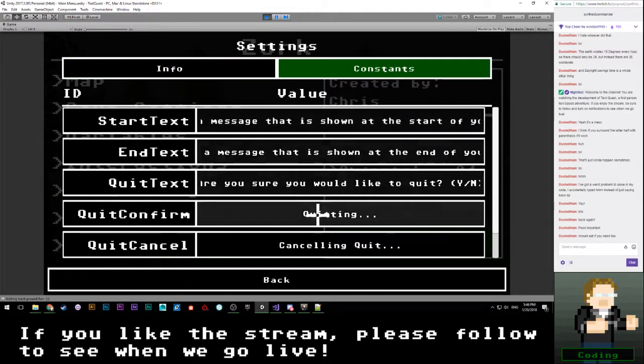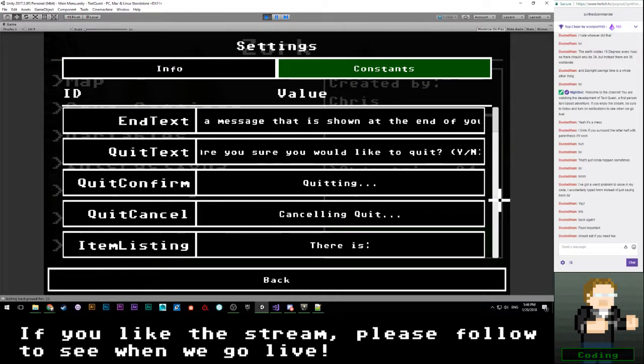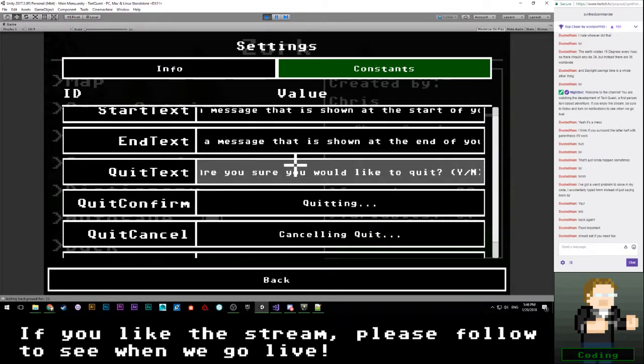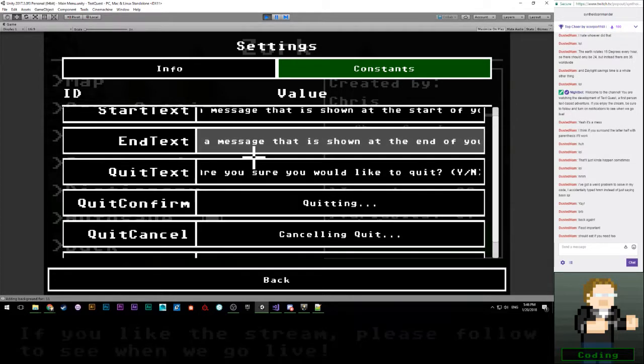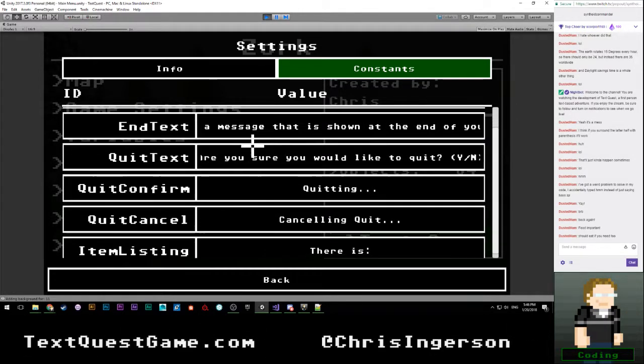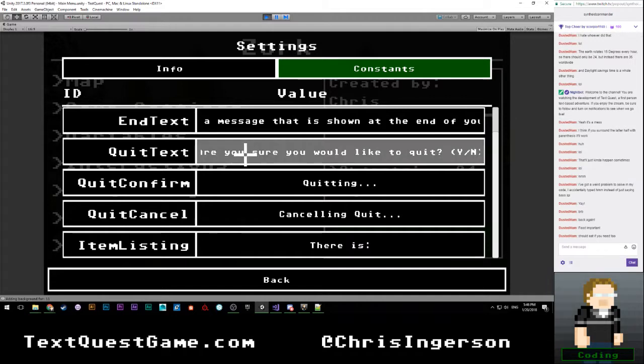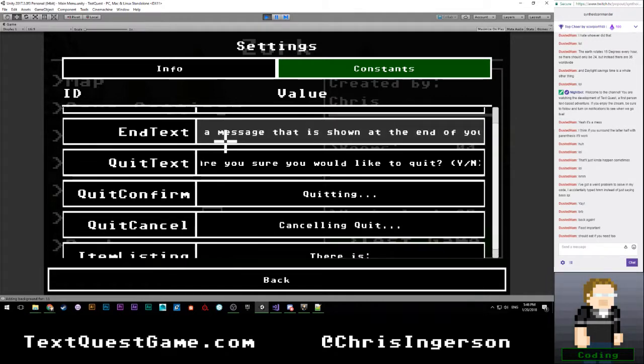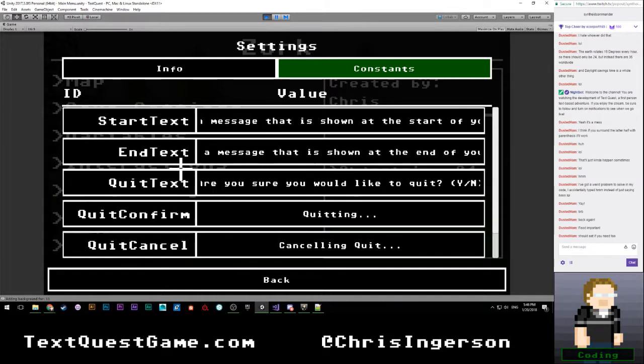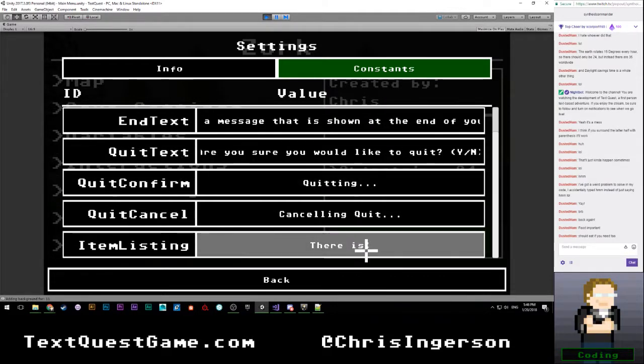Let's go over here to constants. Make sure that this loaded in correctly. There is apparently something over this that's preventing me from scrolling. Oh. Oh. That's kind of annoying. So if you're hovering over a text field, you can't scroll. All right, so there is loaded in.